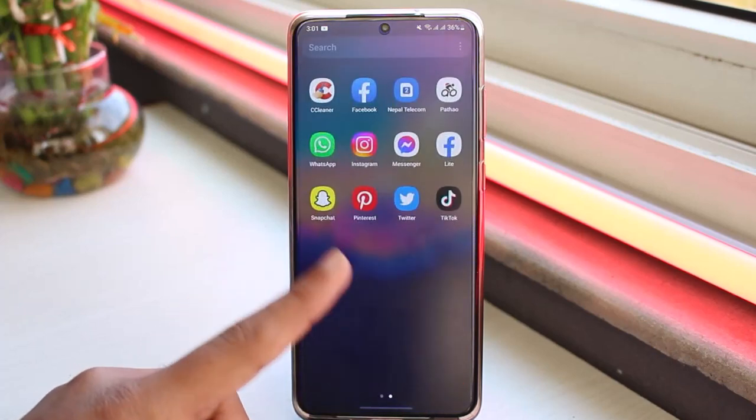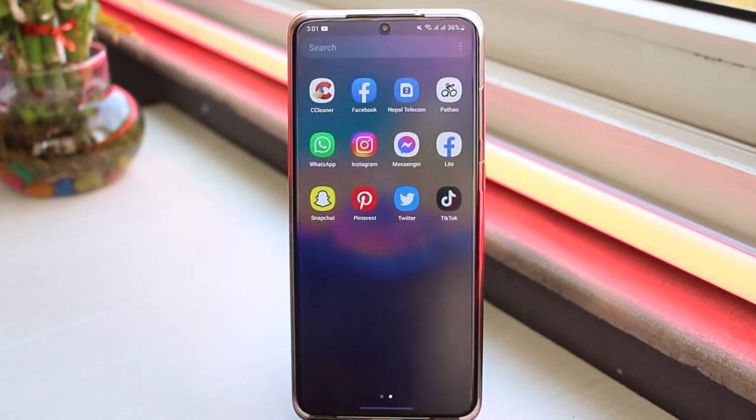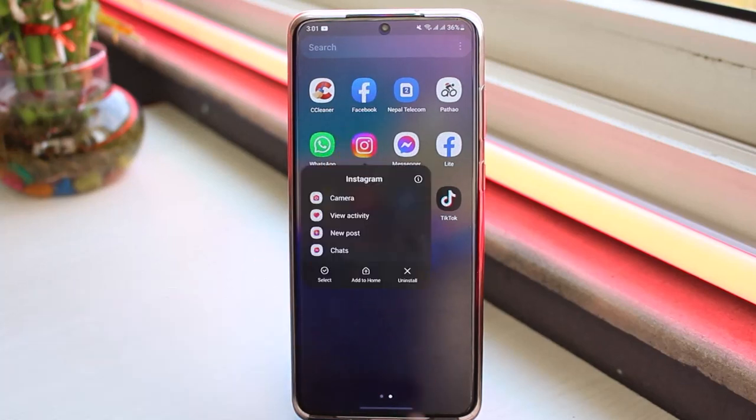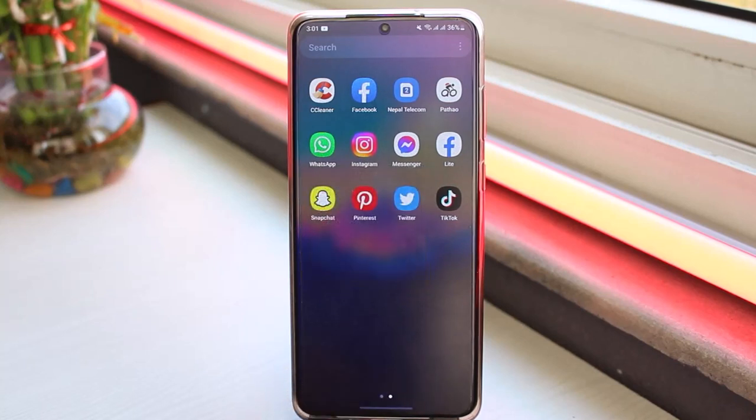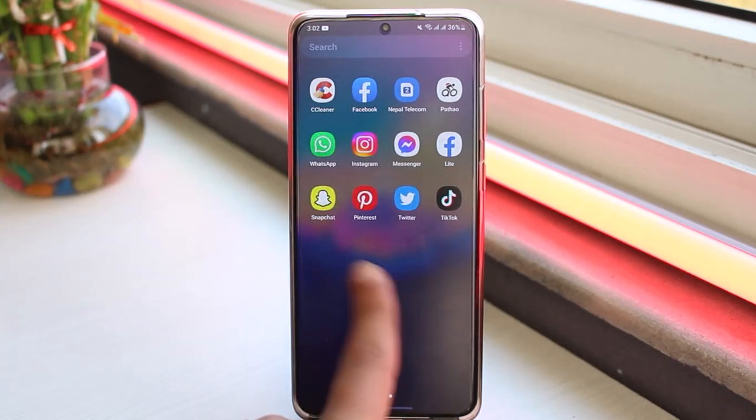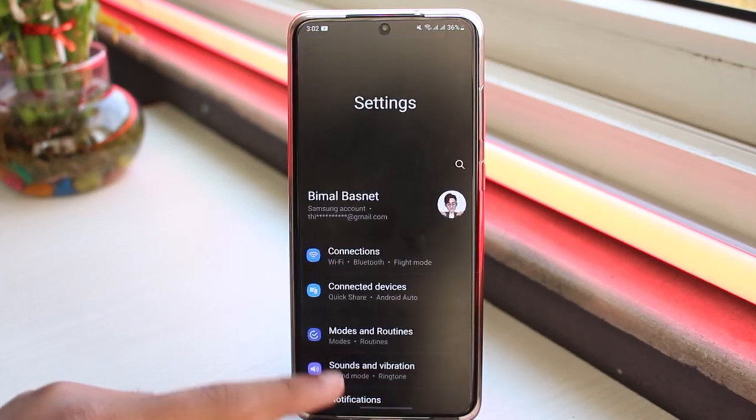Now the other is, if it still doesn't work, there may be something wrong with your phone. So simply try restarting your phone, or in the worst case you can try uninstalling Instagram and then reinstalling it from there. Now once you've done all of these, if it still doesn't work, simply go to settings, scroll down and